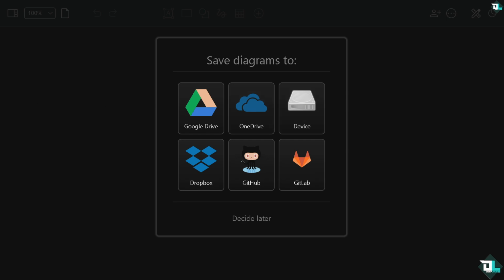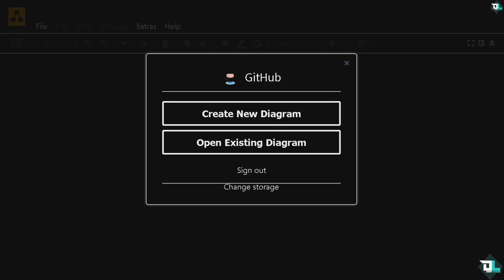Alright, just choose one of these options. And if it's your first time, you will be prompted to log into any of the following accounts to authorize the app to access your cloud storage. And then if you don't want to choose any of the following, just click on the decide later and move on. Then you will simply be forwarded here wherein you have to click on the create new diagram from scratch